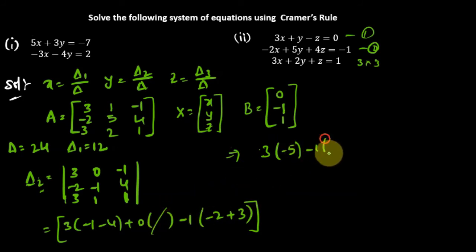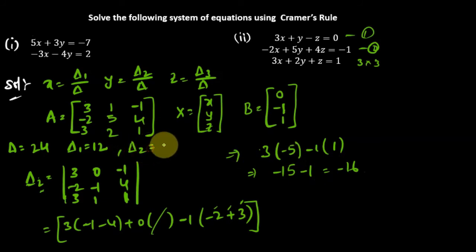Again last is minus 1 into minus 2 plus 3, you will get plus 1, isn't it? So one has a negative and one has a positive sign. In this case you need to subtract. 3 minus 2 is 1, but the sign should always be that of the greater number. Here 3 is greater, that is 4, we wrote the plus sign. So now if you multiply this, you will get minus 15 and here minus 1. So in total you will get minus 16. So this is the value of delta 2. So delta 2 is how much I got? Minus 16. Okay.